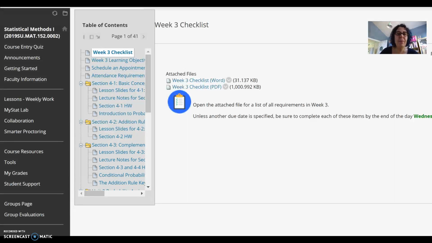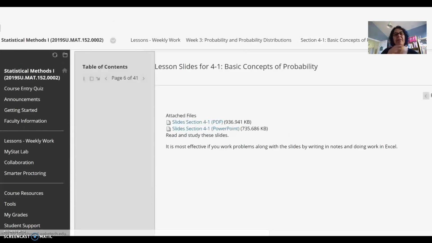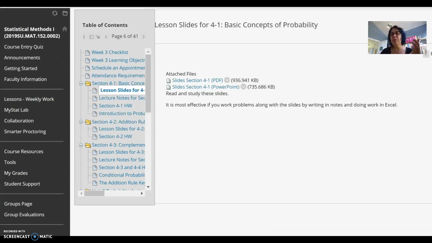That's not section 1, and my mouse is not working. Okay, section 4.1. It's the basic concepts of probability. What is probability? What are counting principles? But most importantly, in section 4.1, what is the difference between empirical probability and theoretical probability? That's what I will need you to understand from there. That's going to help you understand the distributions of it.